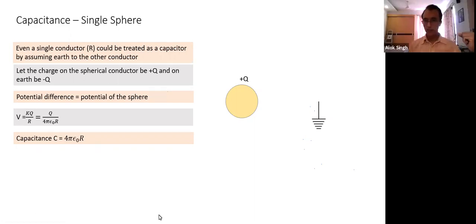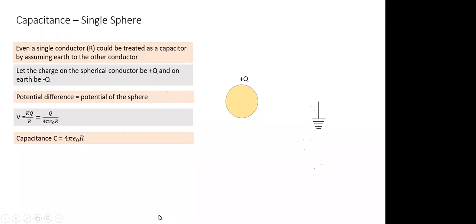Sir, yes. So the potential of a capacitor is